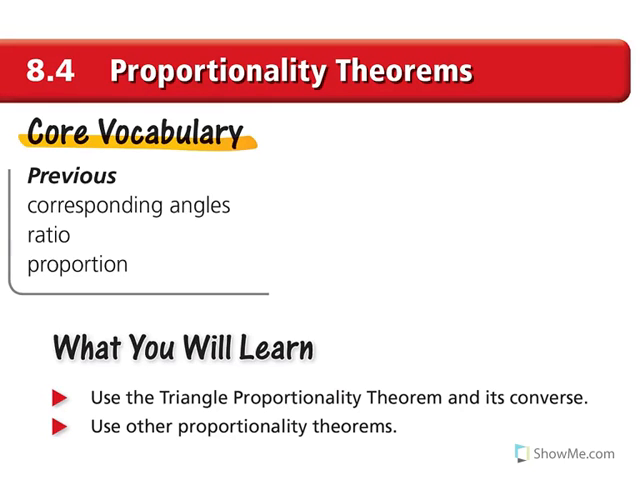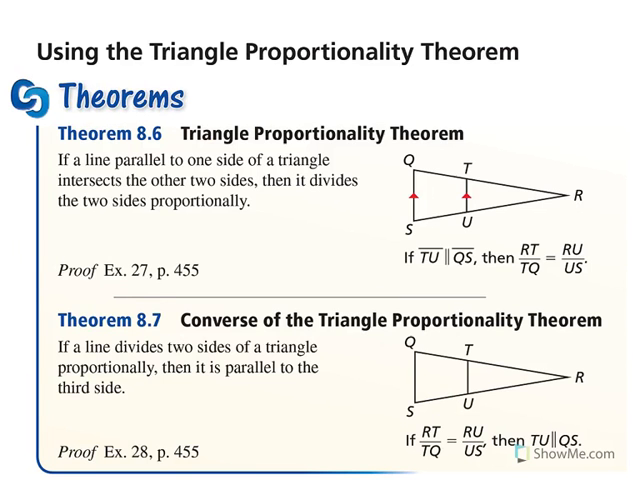Okay, we're going to wrap up Chapter 8 with proportionality theorems. This one basically is going to use a lot of the properties we've already been doing of proportional similar triangles, but it's going to add one more. So whenever we look at triangle proportionality theorem, it tells us that if we have a triangle and we have